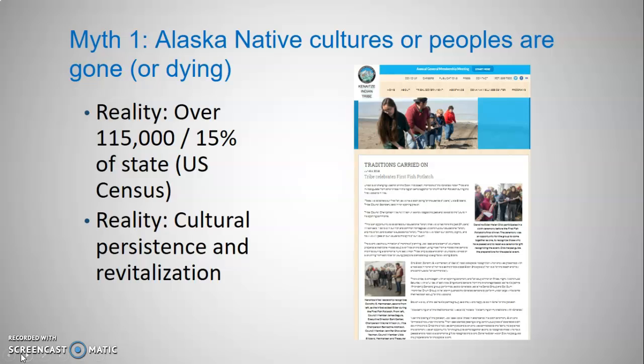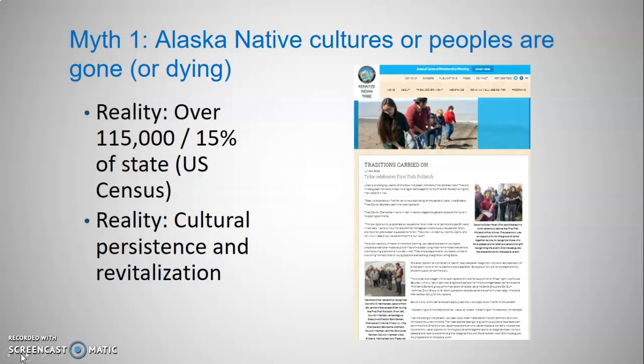So I think we recognize that there are Alaska Native people in our communities. But I think what people sometimes think is that although there are Alaska Native people in our communities, maybe the cultural practices and beliefs have sort of died out. And I think what you see instead, especially over the last several decades, is that yes, there was a lot of trauma related to colonialism and to boarding schools